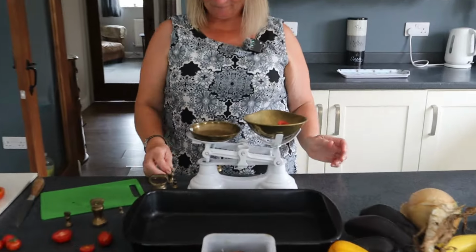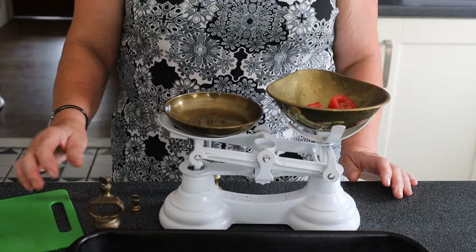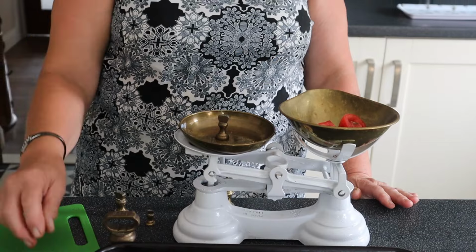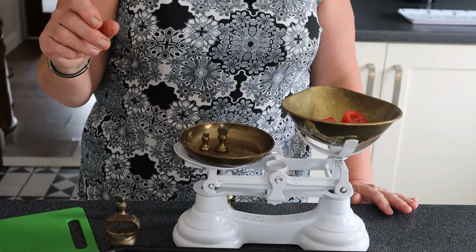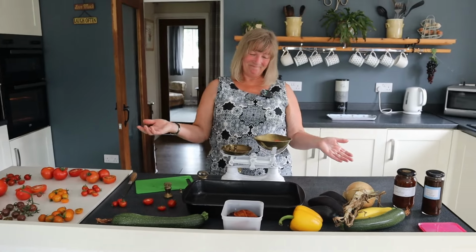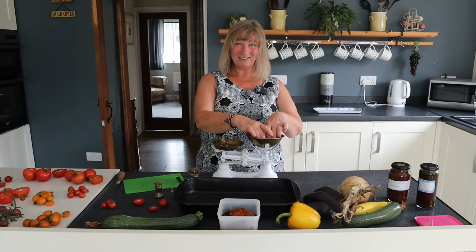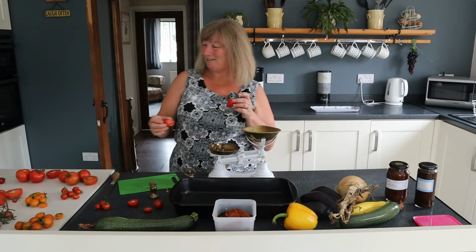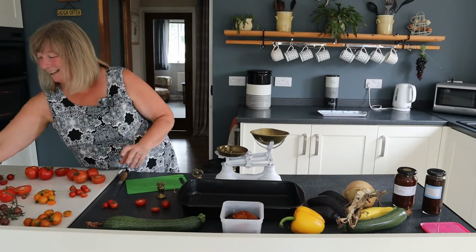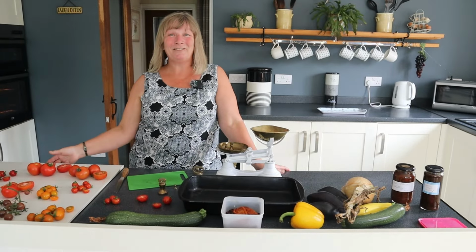Pop that in. That was the 2 ounce, so. Oh, ooh, 1.5 ounces. 1.5 ounces compared to 9 ounces. Yeah, that's a big difference. How many of these San Marzano would you have to grow to get the, say, equivalent in flesh of